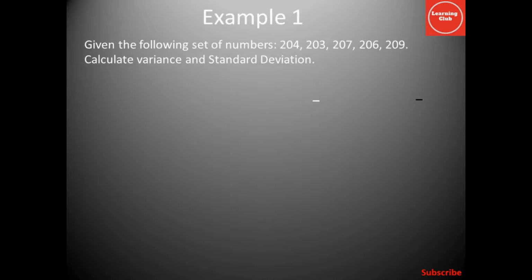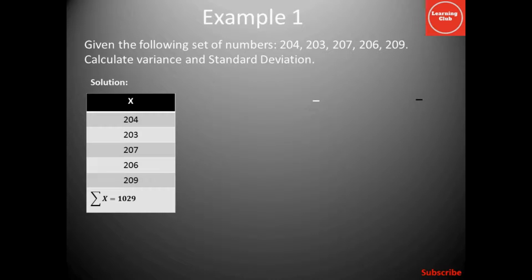Example number 1. Given the following set of numbers 204, 203, 207, 206 and 209, calculate variance and standard deviation. According to the definition, we have to first calculate the mean of these values. So sum x is equal to 1029, mean is equal to summation xi divided by n, 1029 divided by 5